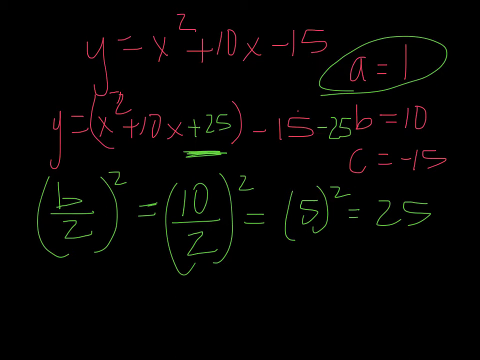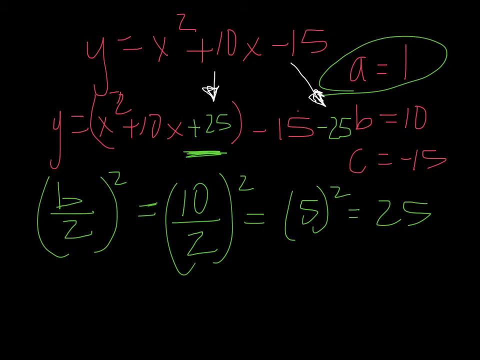If in Algebra 2 you had a hard time with this, most of you remembered to add this c, but you forgot to subtract the c. You knew how to do this, but your error was right here. You can't add a number to an equation, but you can add 0 all day long. Alright, so I found a new c. Now what's inside my parentheses is x squared plus 10x plus 25, and